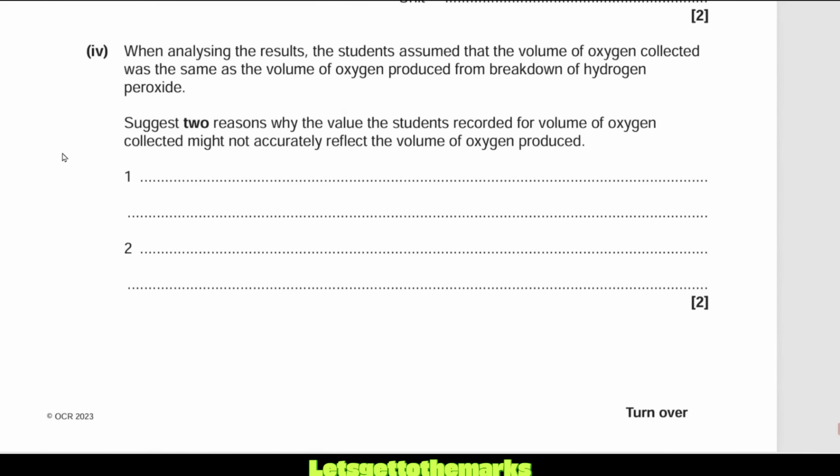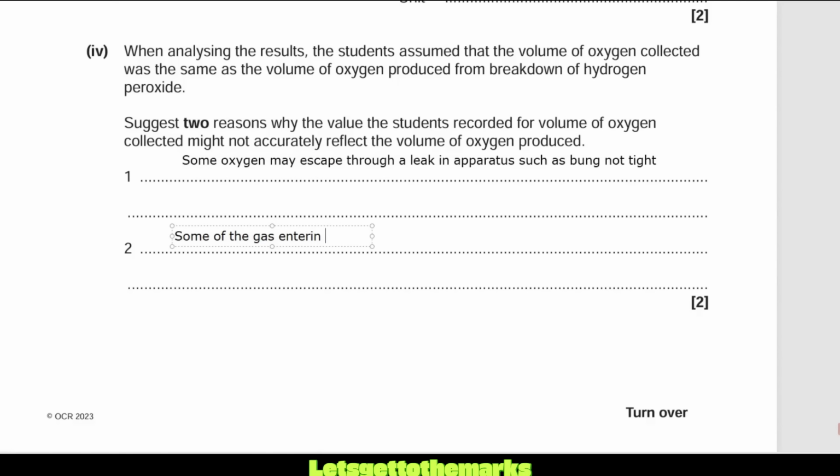Oh my gosh, zing to zing. So what was our answer again? Some oxygen may escape through a leak in apparatus, such as bung not tight. Yeah, so some of the oxygen may escape. So what was the other thing we said? The other thing, my writing's coming out super small here. The other thing was some of the gas entering the measuring cylinder might not be oxygen, e.g., could be air